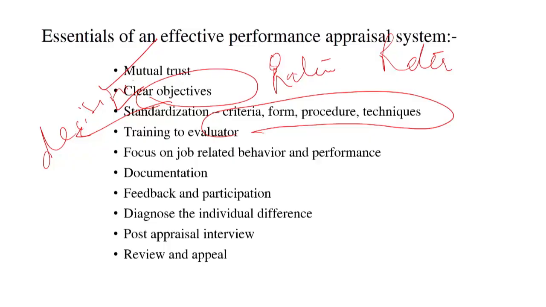Whenever we have a performance appraisal, my dear friends, generally in most organizations there is a self-appraisal form that has to be filled in by the employees. In that form, it is not only related to the targets the person has to achieve, but there are other elements also to be taken into consideration, known as KPIs, key performance indicators. So anything related to behavior, teamwork, attendance, discipline, all these things are evaluated. It's not just the target that one is aimed at. These are the other things to be taken into consideration while we evaluate the performance of individuals. Then there is training for the evaluator: the rater should also know what aspects he has to take into consideration.